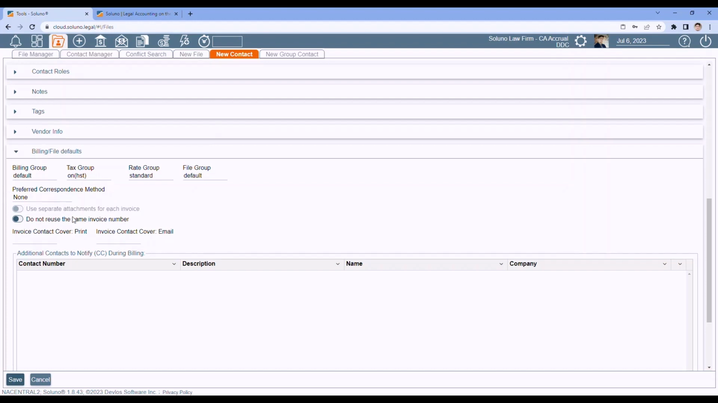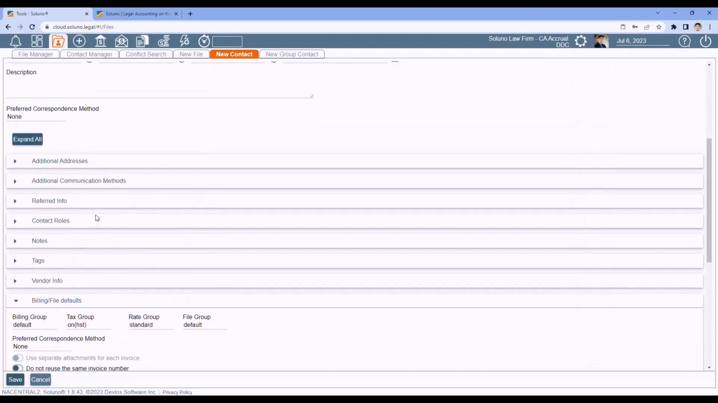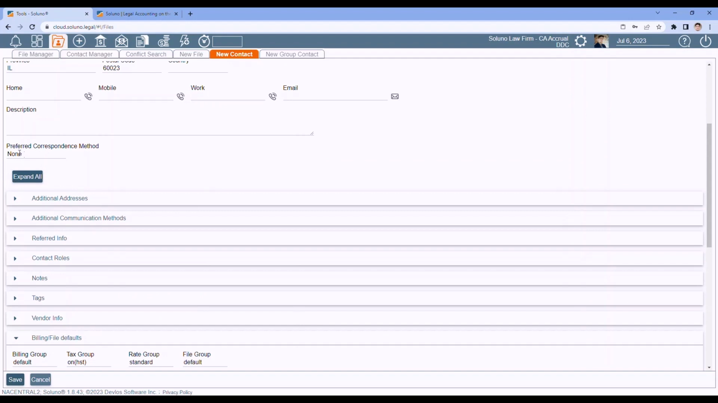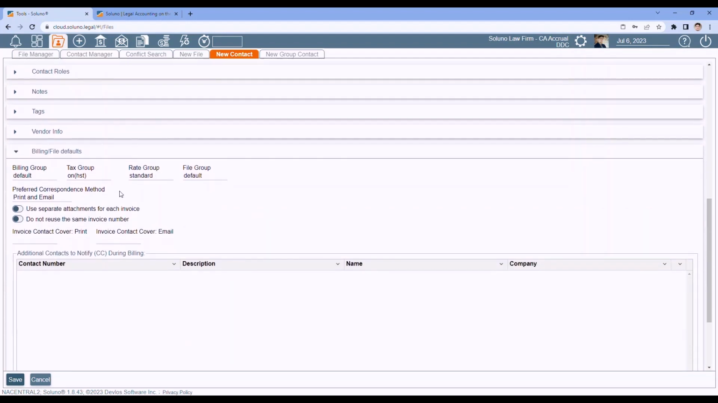Preferred correspondence method. It's a duplicate from the top section here. So you can see if I change this to print and email, it'll set it down here to print and email. The reason it's duplicated is because once you save this record, if you want to make edits to it,